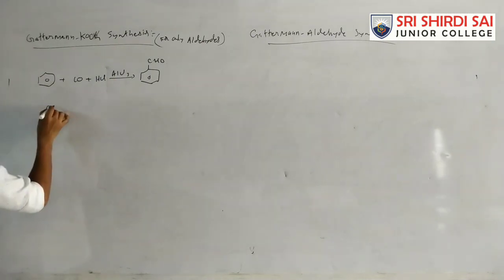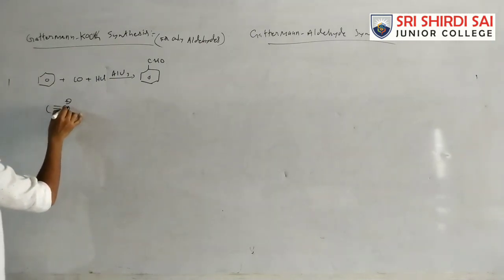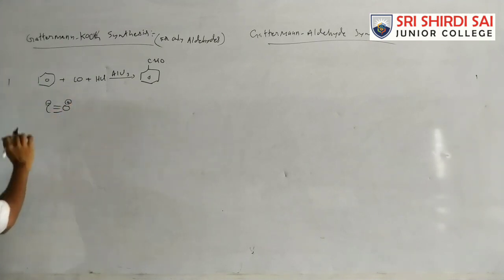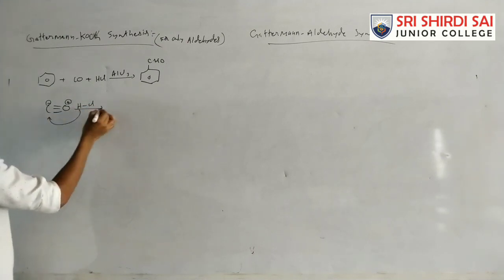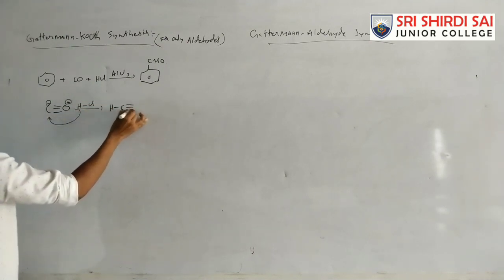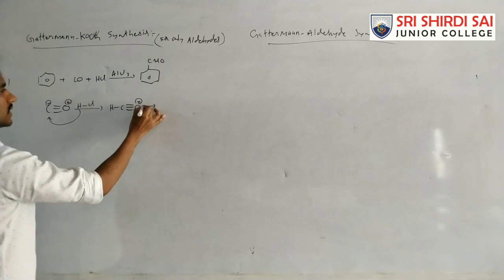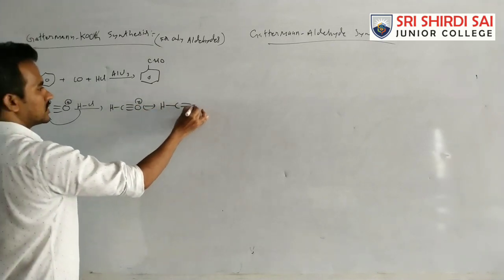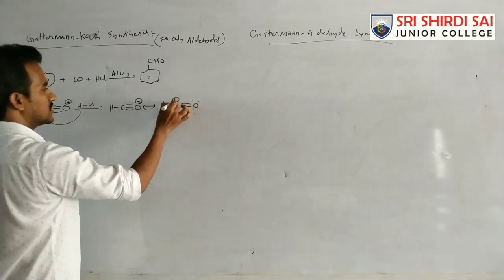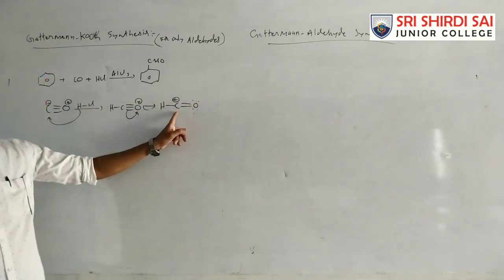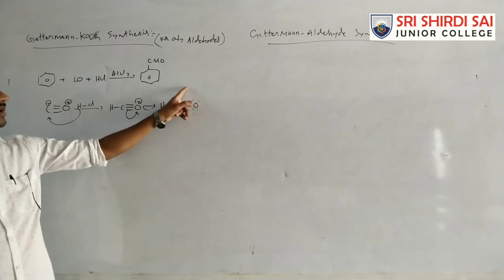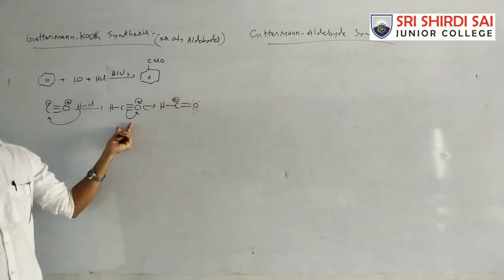In this case, carbon monoxide is C triple bond O, with plus on one end and minus on the other. Reacting it with HCl, H plus attacks it, giving HC double bond O plus. It can also be written like this, as a resonating structure by transfer of electrons. This is the positive charged carbon, and the lone pair of electrons can be involved in conjugation, so we get this structure.